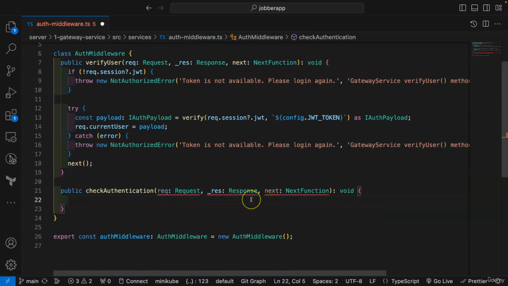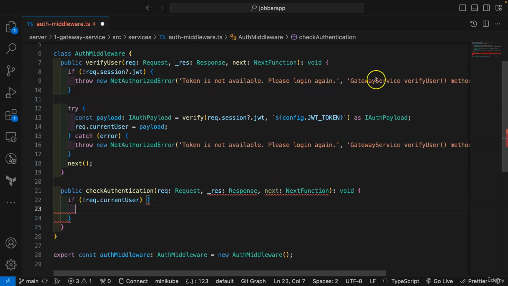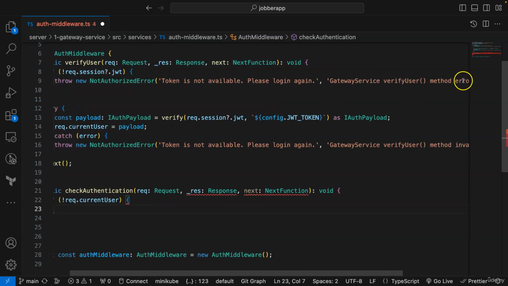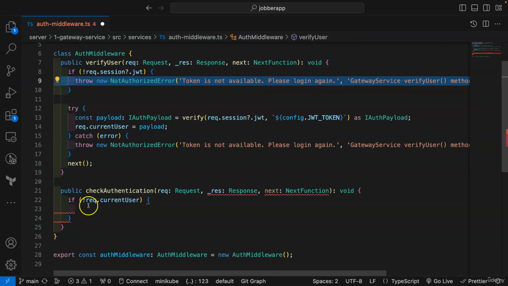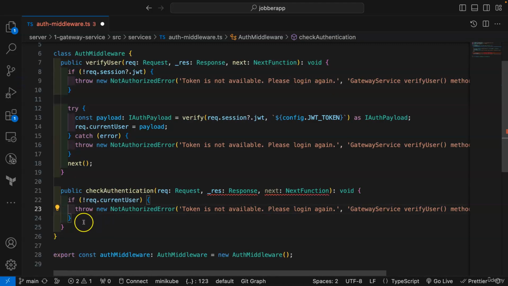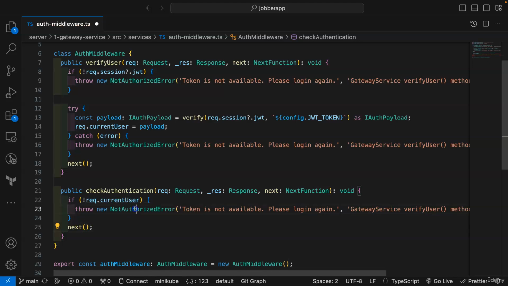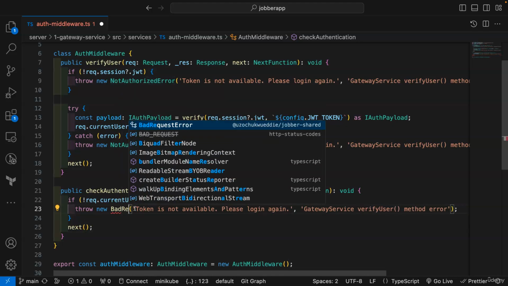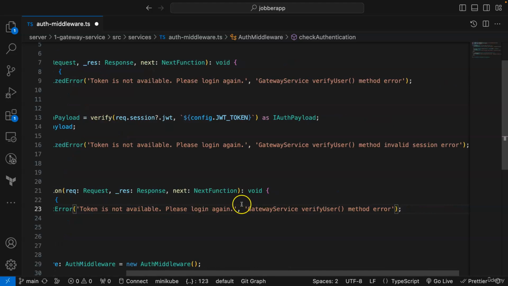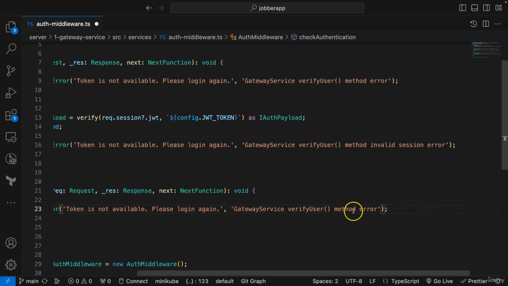So we say if no request dot current user, then let's throw an error. So we throw a bad request error. Let me copy one of these, then I'll change it to bad request error, and then I'll call next. So this will be bad request error, and the message will simply be,